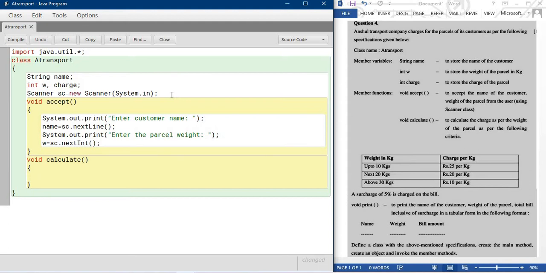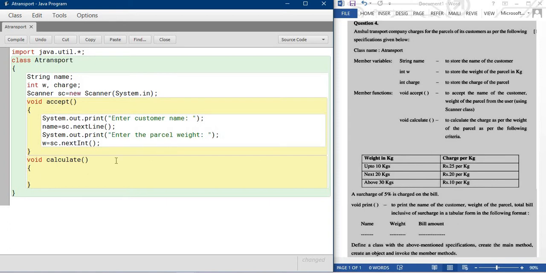Once the parcel weight is more than 10, the first 10 kg is rupees 25 per kg. Suppose you are sending a parcel of 15 kg: the first 10 kg is rupees 25 and the extra 5 kg is charged at rupees 20 per kg. That means the total amount is 10 into 25 plus 5 into 20. This is your entire calculation. In the same way, first 10 kg, next 20 kg means up to 30 kg.